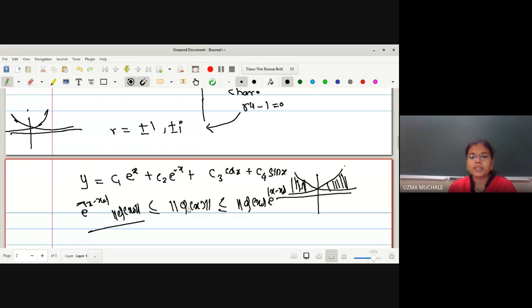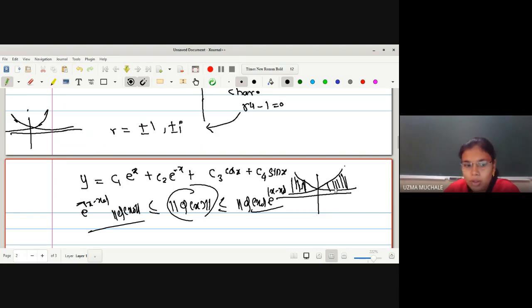So what do you mean by this theorem? This norm of phi of x is nothing but your solution. Phi of x is the solution of your differential equation, correct? So what do you mean by this being the solution? This solution lies in this region. What is this region? This is nothing but norm of phi of x naught into e raised to that mod of x minus x naught.